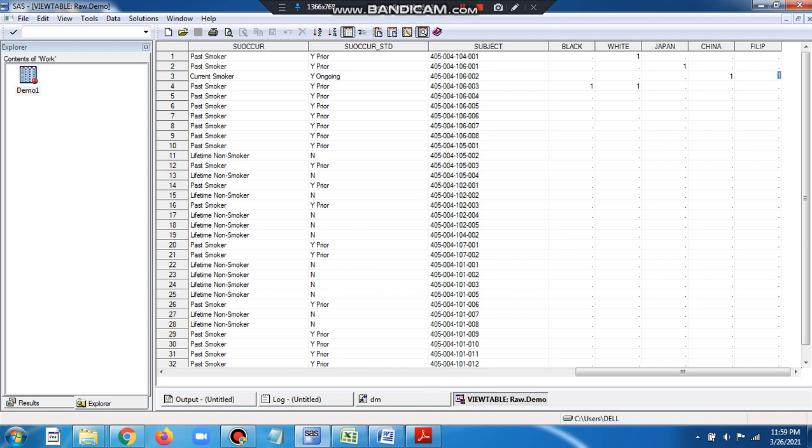These two variables, it is multiple races. On the other hand, 106001 is 1 Japanese, and so on. So we can see the race value by the indicator 1.